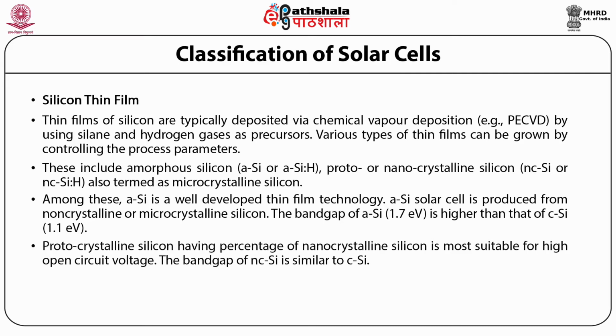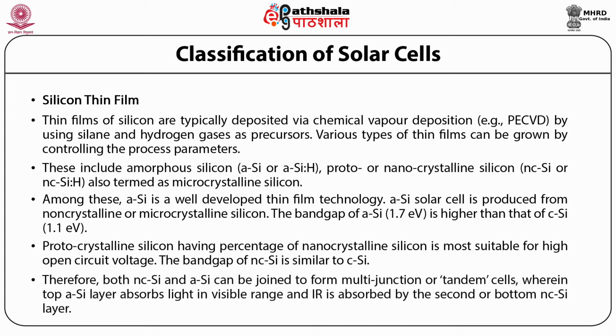Protocrystalline silicon, having a percentage of nanocrystalline silicon, is most suitable for high open circuit voltage. The band gap of nanocrystalline silicon is similar to c-Si. Therefore, both nanocrystalline silicon and a-Si can be joined to form multi-junction or tandem cells, wherein the top a-Si layer absorbs light in the visible range and IR is absorbed by the second or bottom